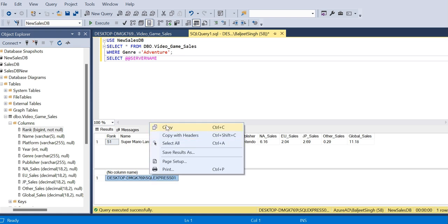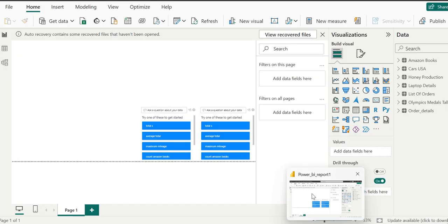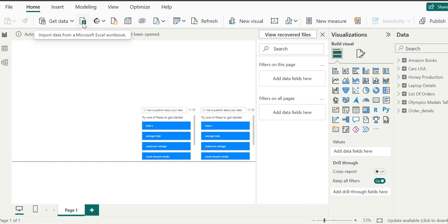What we will do, we will just copy it and we will go to the Power BI. In order to connect to SQL Server instance, of course, can be done by clicking on the SQL Server, obviously. Okay, import data from SQL Server. So we can go here and by click on SQL Server